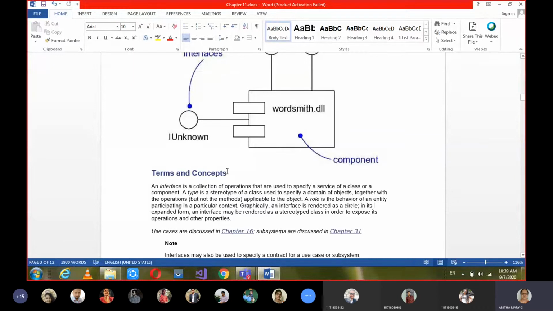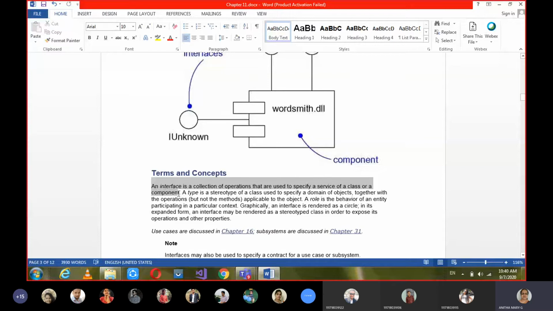Okay, so terms and concepts of this chapter, the terminology. Here the terminology is divided into 5 parts: first one names, second one operations, third one relationships, fourth one understanding an interface, and fifth one types and roles. So let's see each one in detail. Here a well structured interface provides a clear separation between the outside and inside view of the abstraction. So these things we will be learning in detail now.